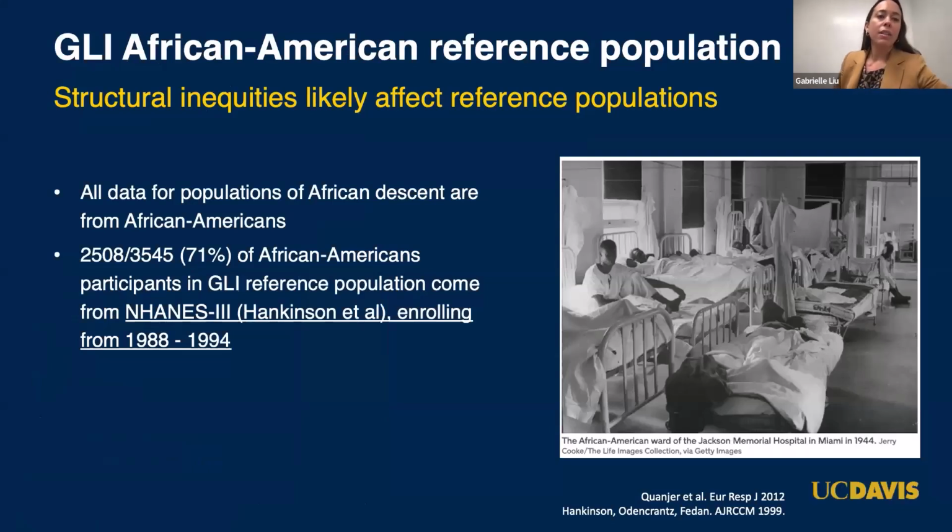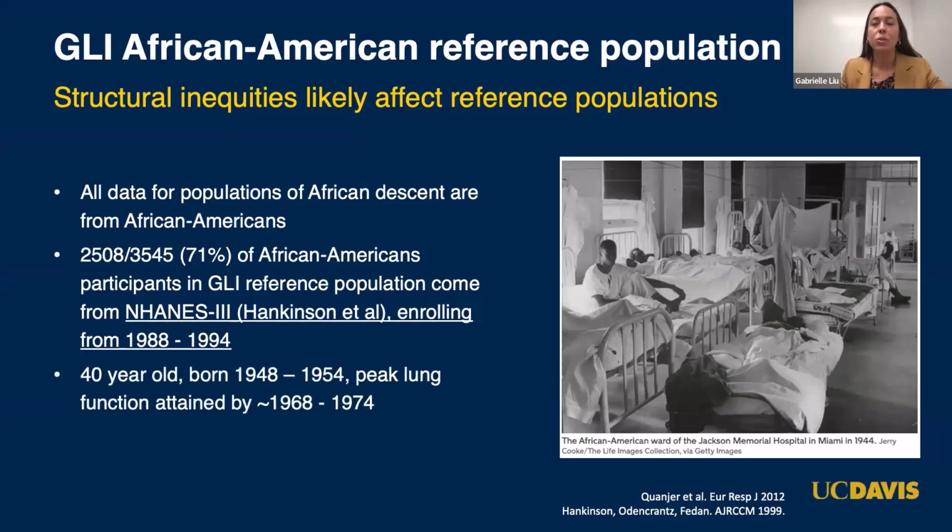And notably, all the data for our populations of African descent come from African Americans. The majority of the African American participants in the GLI reference population, I just want to point out, come from NHANES 3, which is an American population-based cohort that enrolled people from 1988 to 1994. And so when we consider who belonged to this and who was enrolled in this population study, I think it's